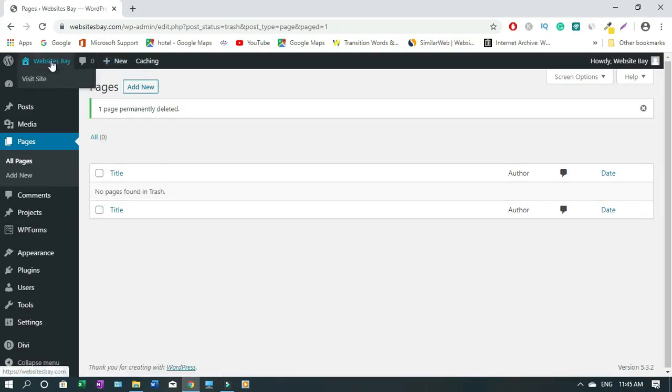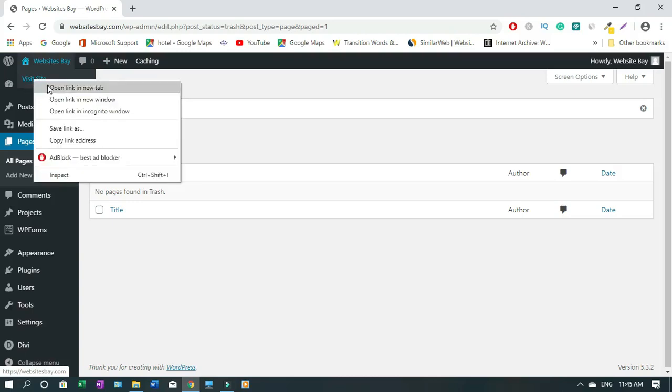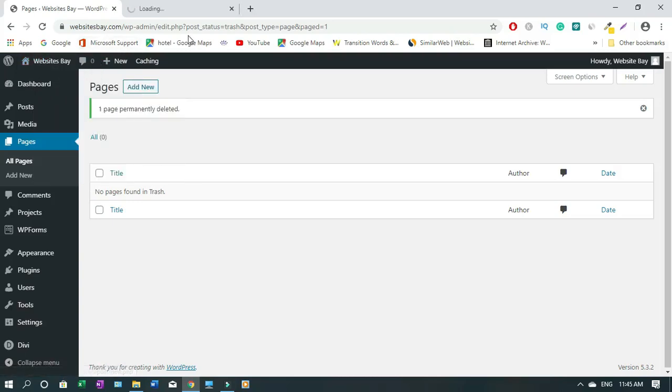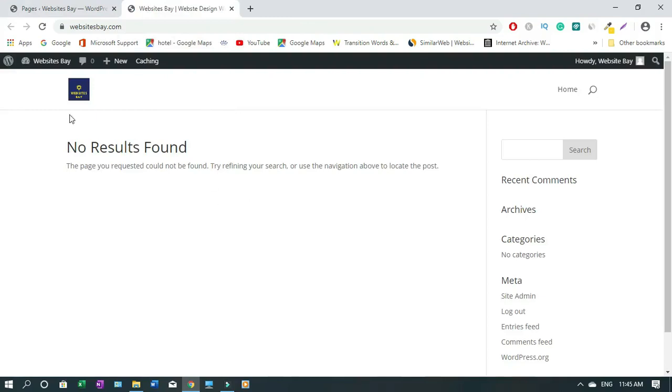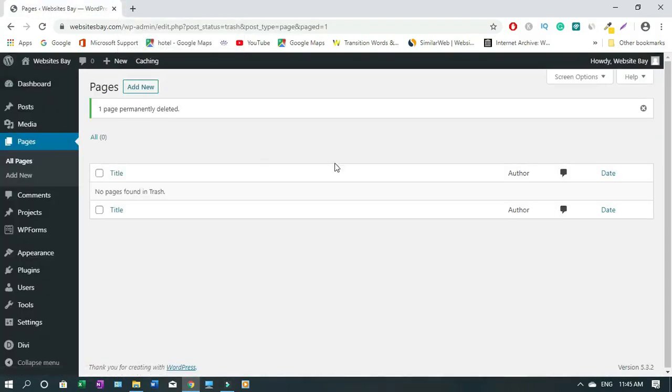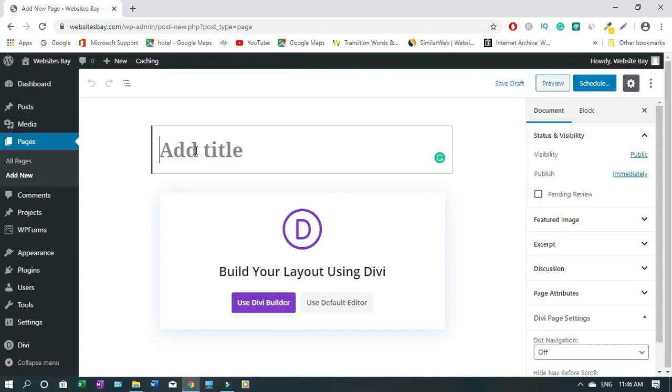Now hover over your site name, put your mouse here, slowly right click, then click open new tab, and we shouldn't have anything on the page now. All right, so now we have an empty page and our logo is still here, okay. So let's close this. All right, so now we have to create a new page, okay. So since we are on pages already, you can click add new, or you can click add new from here. So let's name our page. We call it